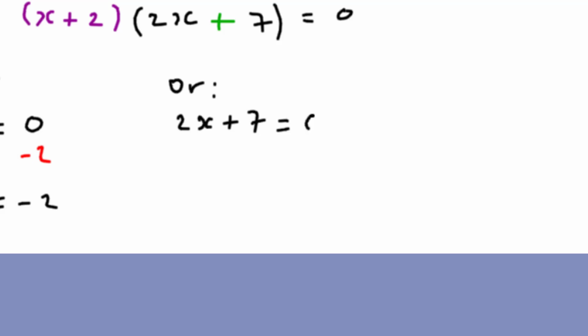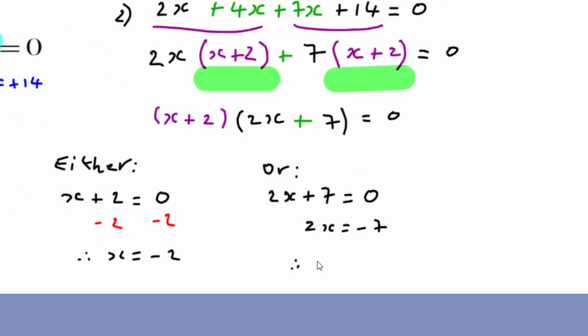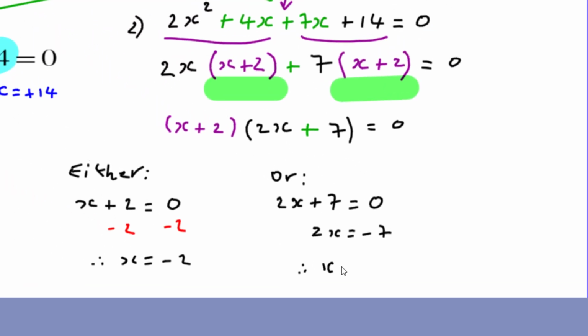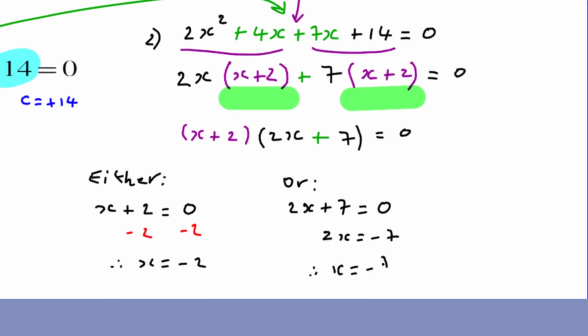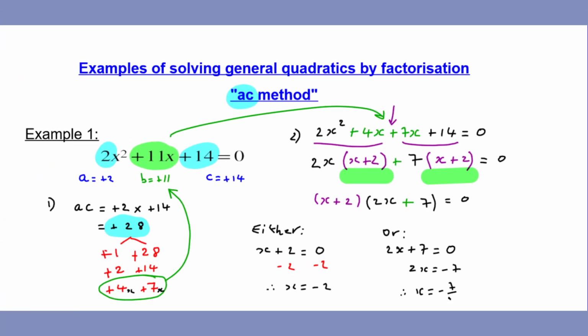Now we're going to solve the simple linear equation, minus 7 on both sides. So we're going to end up with 2x equals minus 7. Times by 2, the opposite is divide by 2, so dividing by 2 on both sides gives us the second root, or the second solution, x equals minus 7 over 2,